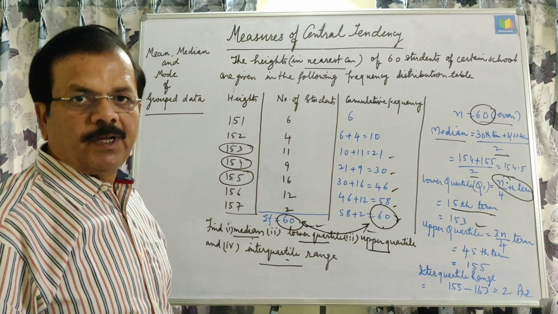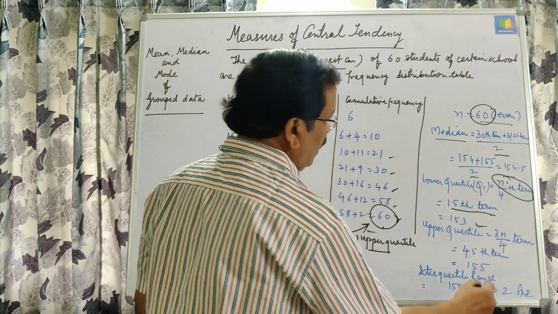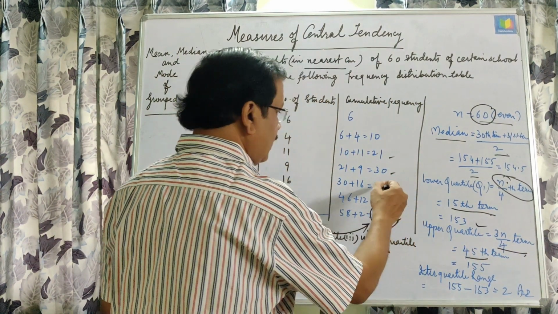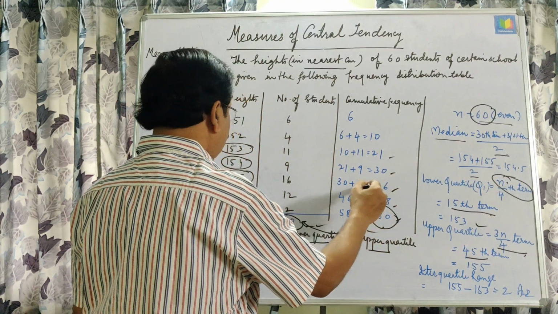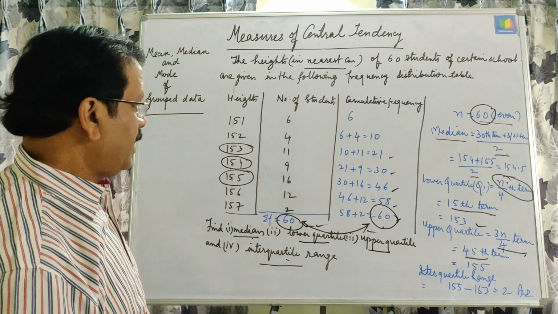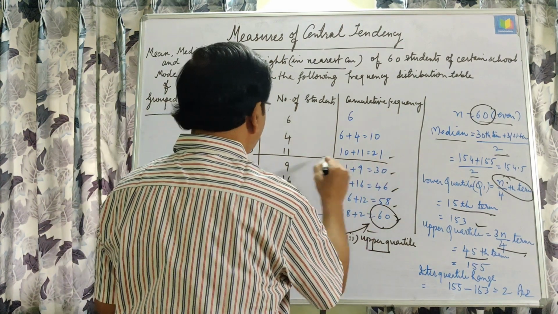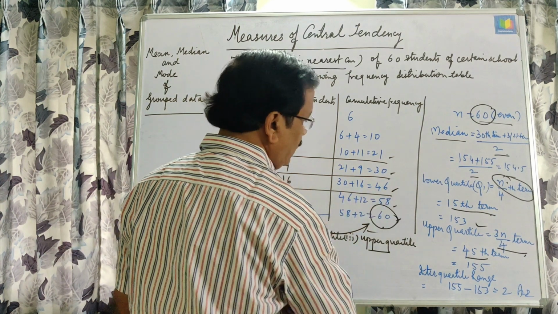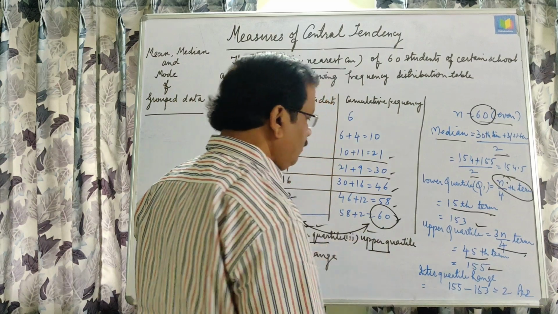In the same way, for the upper quartile, as we have seen, the formula is 3 by 4 nth term, and that is the 45th term. Here we are getting 45th, meaning 32 to 46, so this will be 155. We are using these 3 rows: this is for the lower quartile, then median, then upper quartile, and this way we are getting upper quartile 155.